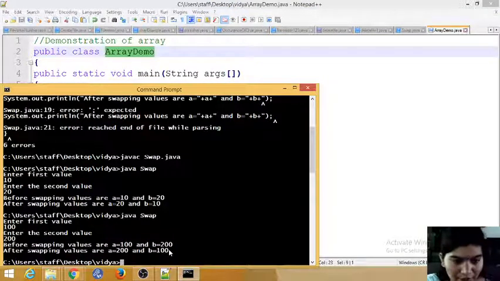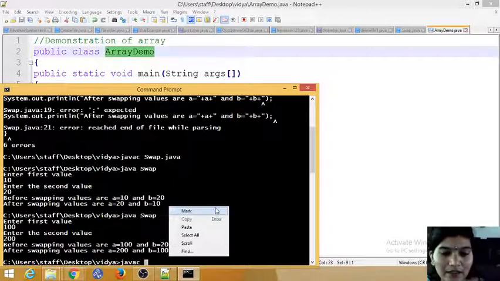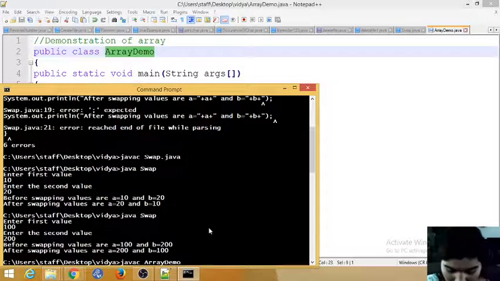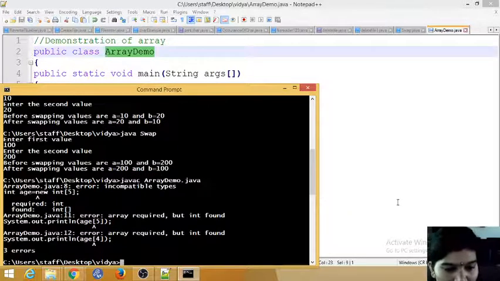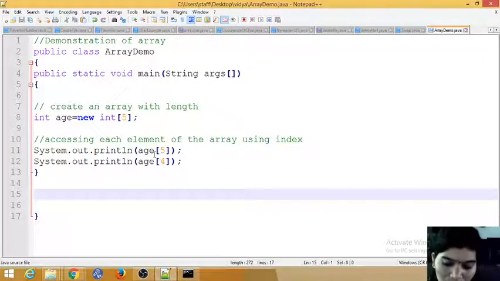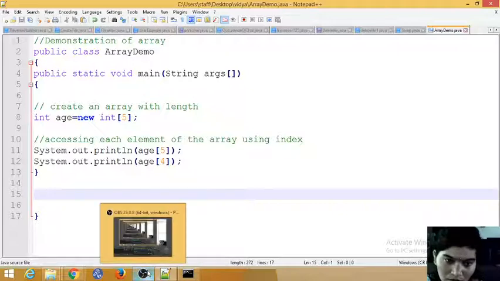Now we are in the correct directory, that is Users, Desktop, Vidya. Now compile the program. I need the command javac, and the program name is ArrayDemo with the extension .java. So I have an error. Let's check the error.